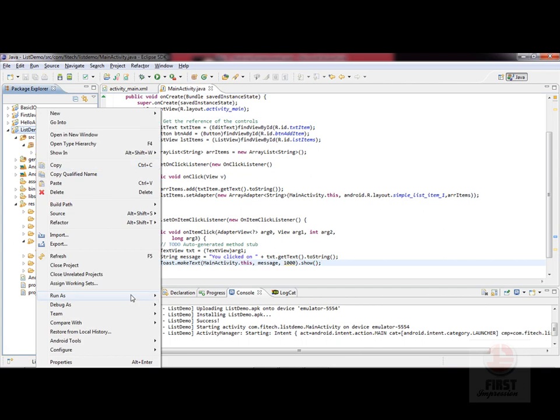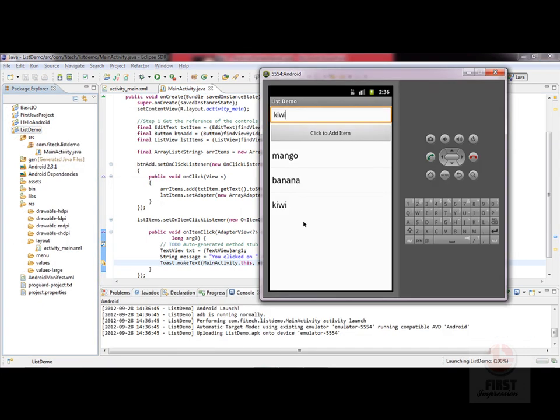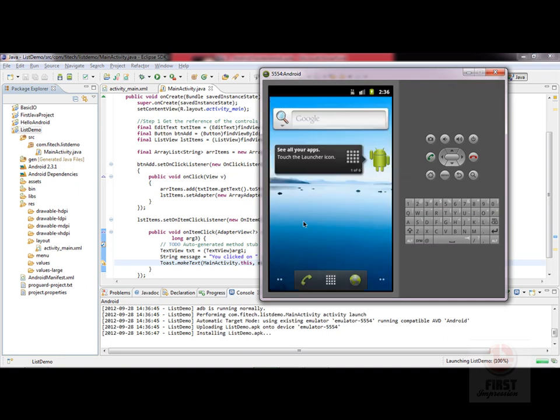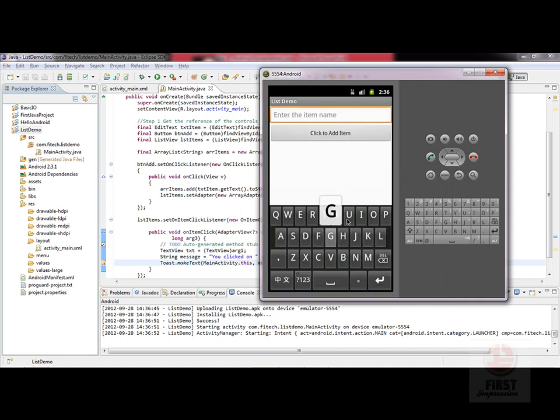Right click on the project and say Run As Android Application. Come on the device. You have to first add the items, because whenever the application will run afresh, all the items will be removed. So let's first add some items over here. Let me add guava. Let me add the second item to be mango. Let me add the third item to be,